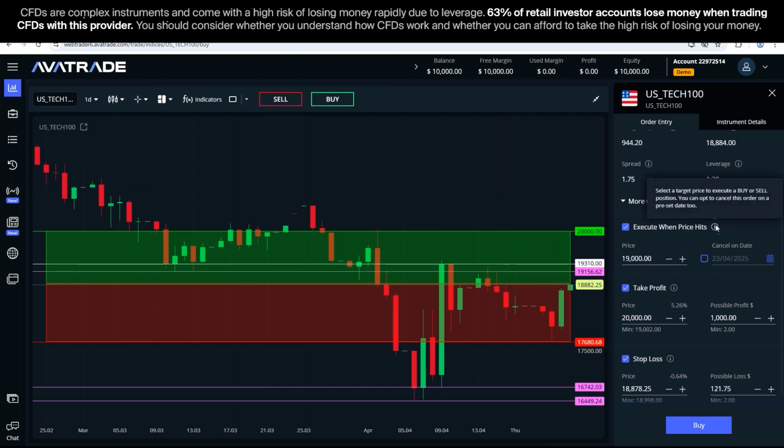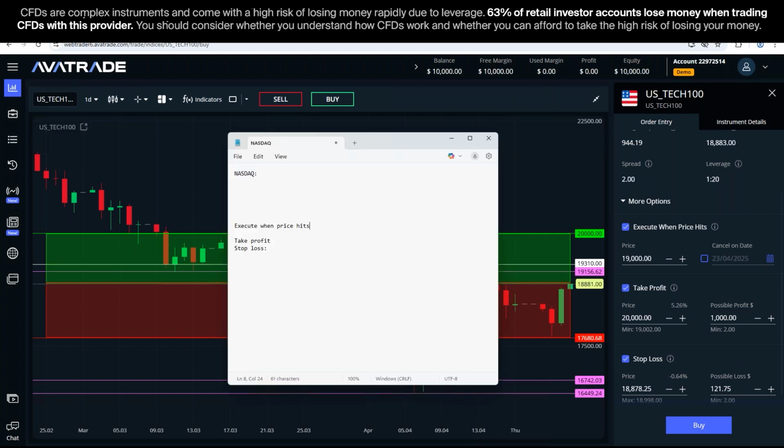Meaning this opens and closes the position, opening it with a buy or sell automatically. This one closes with a profit. This one closes with a loss. Excellent. Now, if my entry will be 19,000,